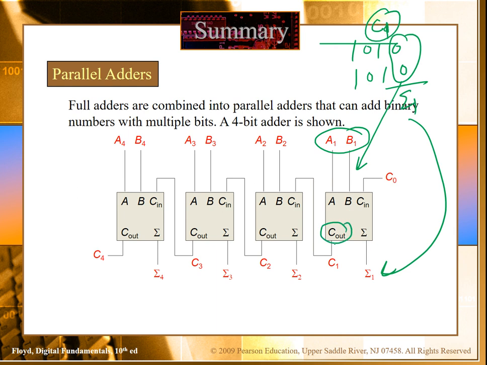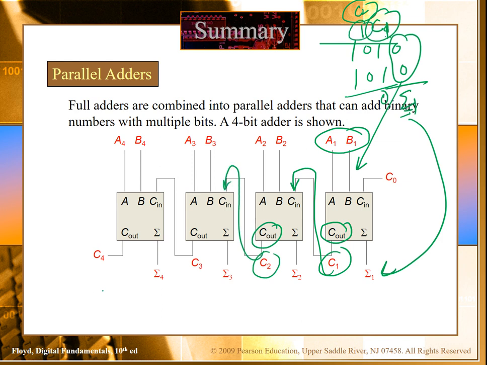What is happening here is I get the sum and this carry, and this carry becomes the carry in of the next full adder. Then for example here we get 0 1 plus 1 0, and we get 1 here. So this is my C2. This is the carry out of this adder, and it becomes the carry in of the next, and so on. In this way we can build a 4-bit parallel adder.